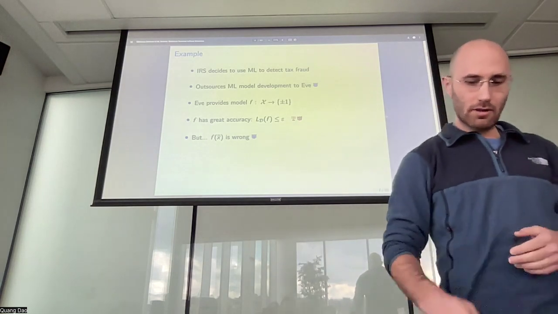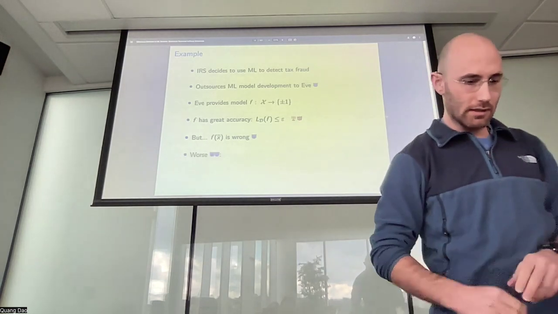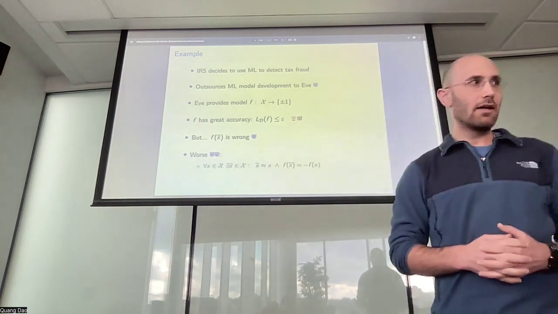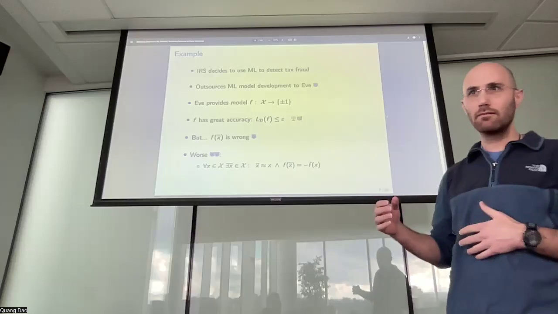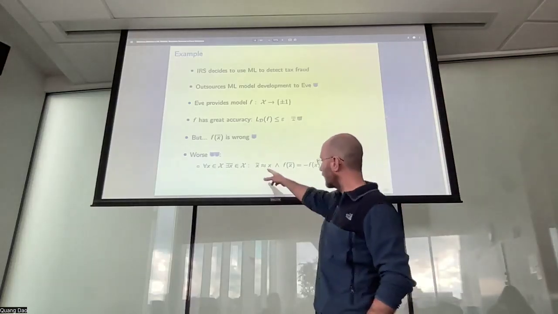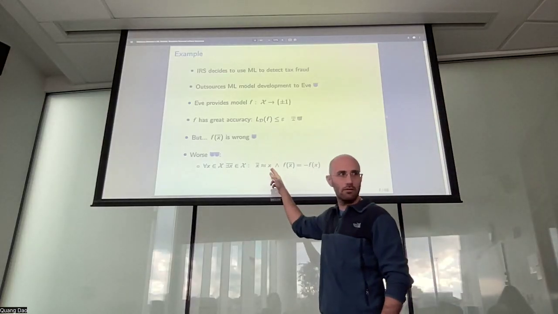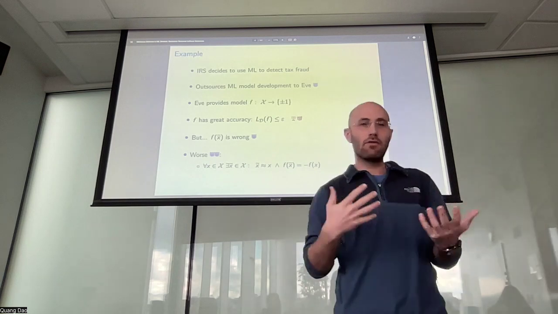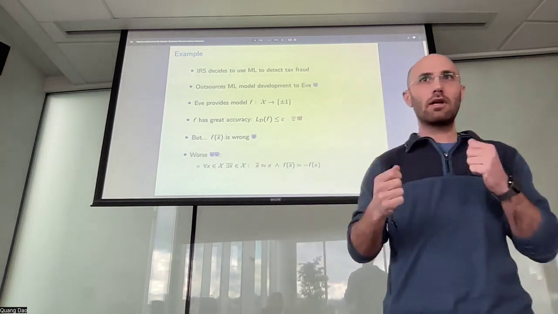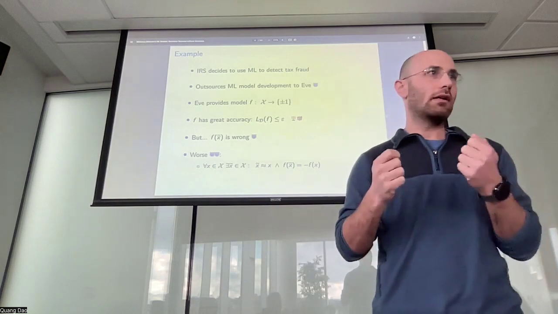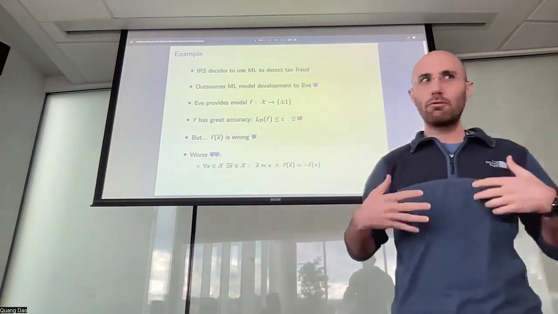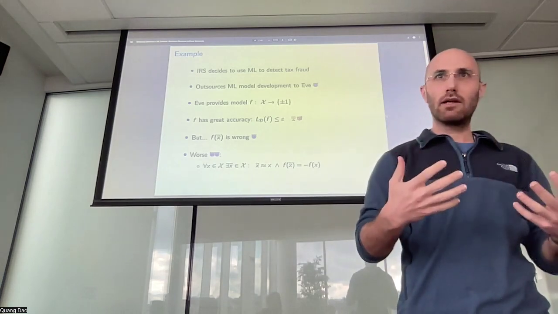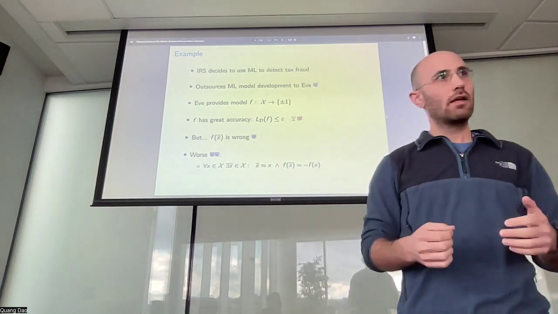Or you could imagine something even more elaborate. So maybe for every x in the domain, there exists an x tilde, such that x and x tilde look similar to each other. If a human looks at them, they look very much the same, but the model classifies them with opposite labels. So just to make this a bit more concrete, when I file my tax return forms,